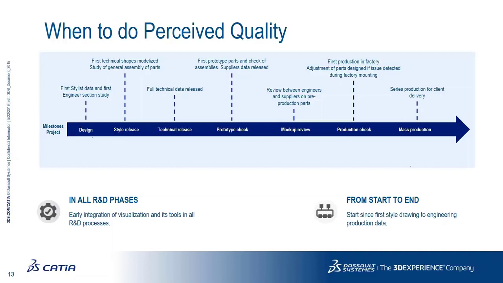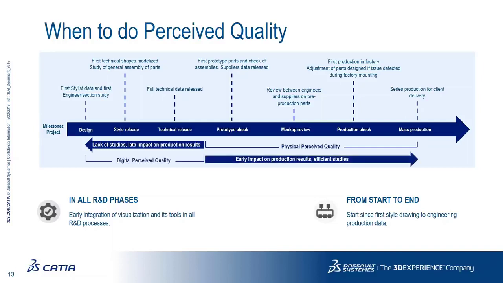And then you try to find out all the important parts in a physical perceived quality review. Basically, if you start after the technical release, because you couldn't start earlier than that, you could have some impact on your production results because you do have a lack of studies. So therefore, if you integrate the digital perceived quality in the very beginning of your timeline here,